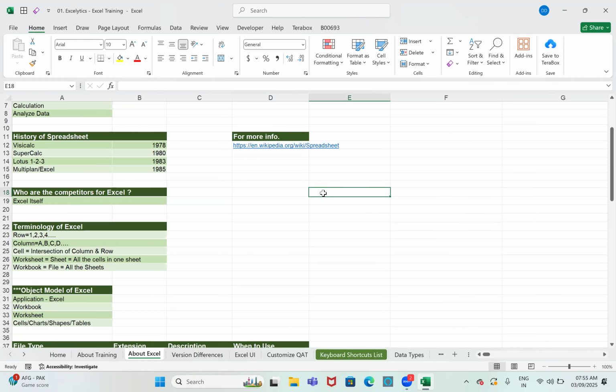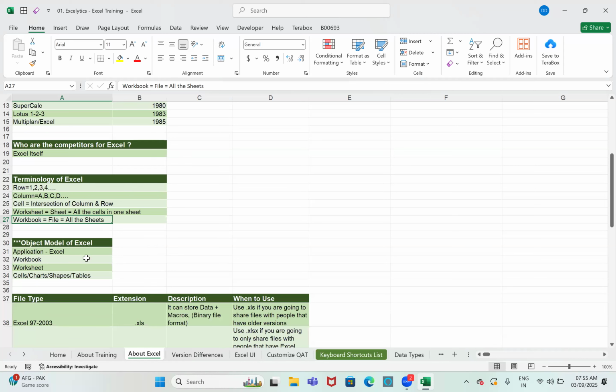In Excel terminology, we will call that file a workbook. Workbook is nothing but all the sheets. Okay, clear? The flow is, first you need to create a file. Inside the file, you will have sheets, just like tabs. Inside the sheets, you will have cells. Okay.